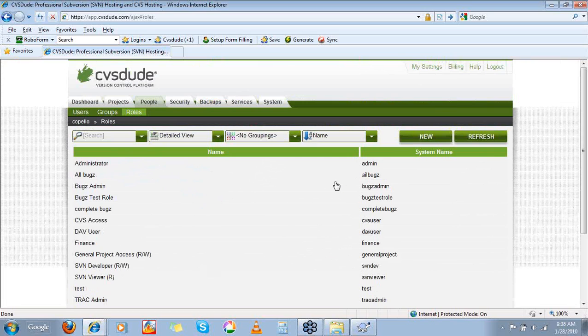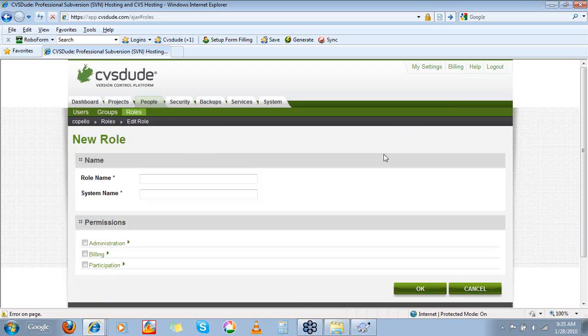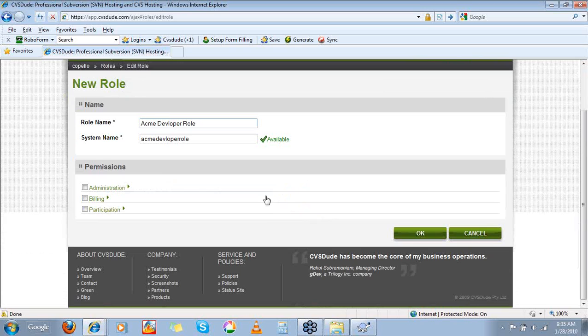Now let's go ahead and go through a case where you want to create a custom role. Okay? So let me show you how to do that. So let's say you want a custom role which has a very specific set of permissions for all of our different services. So I'm going to call this a fake company names developer role. Now you will see here is that